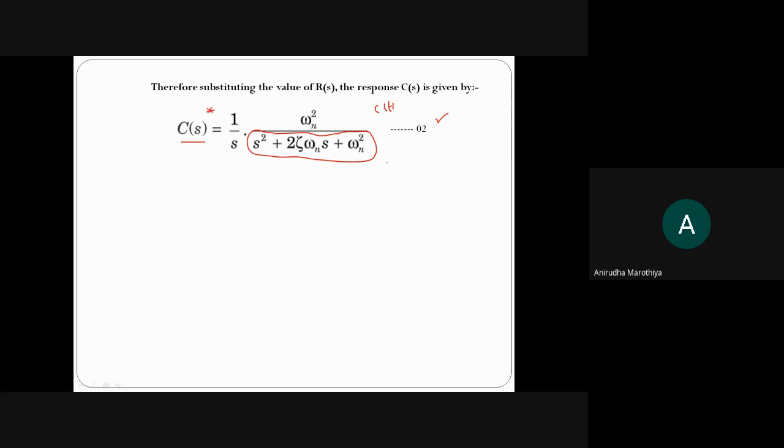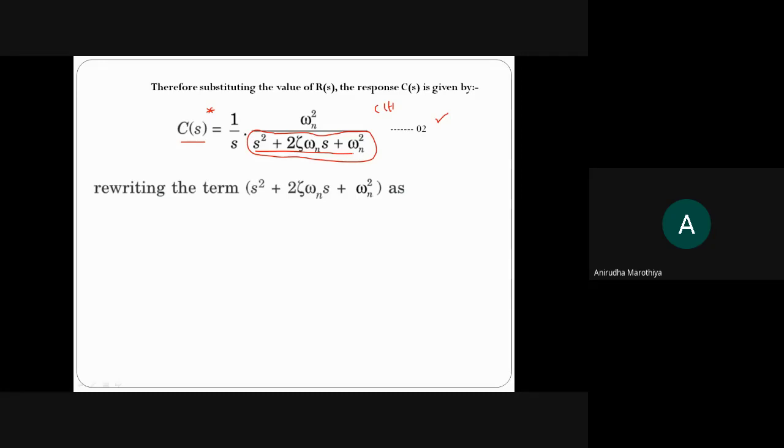So now it is our objective to convert this expression, which is indicated by equation number 2, into some standard form. So how can we do that? By rewriting the term. Now which term are we going to rewrite? This entire term. While rewriting, we need to convert it into the standard form. That means we need to convert this into that form which is accepted by our inverse Laplace technique.